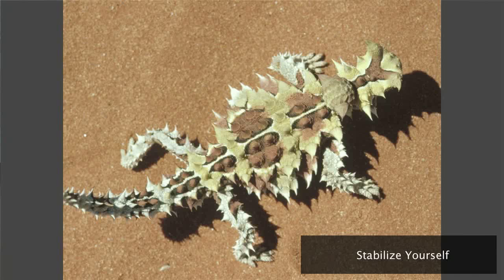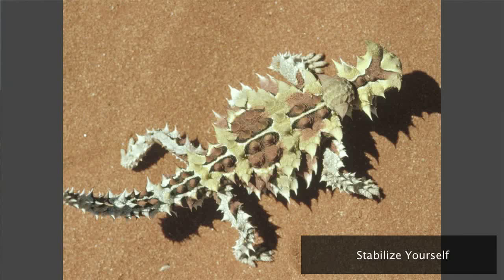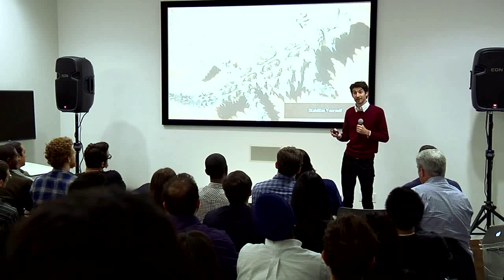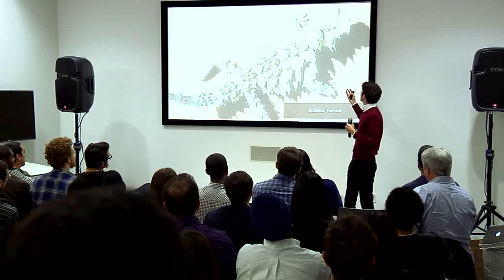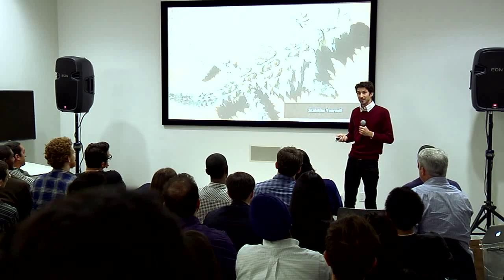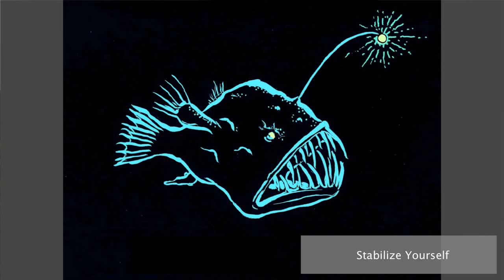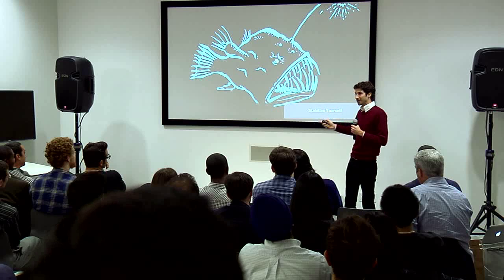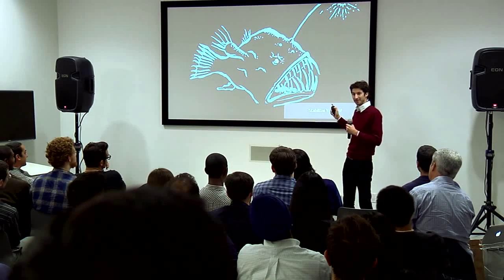The other thing we can do is stabilize ourselves, not consciously, of course, but through a process of evolution, like this lizard that lives in the deserts of Australia where it rains maybe twice a year, and as such has developed these horns that actually funnel the rainwater into its mouth. It looks totally weird, but it doesn't matter what you think because it's still alive today, so it solves the problem. The anglerfish in the deep, dark parts of the ocean has developed bioluminescence to see the world around it and look for predators and prey. Not the kind of fish you want on your bedroom pillow. Doesn't matter what you think. It solves the problem. It's still alive today.